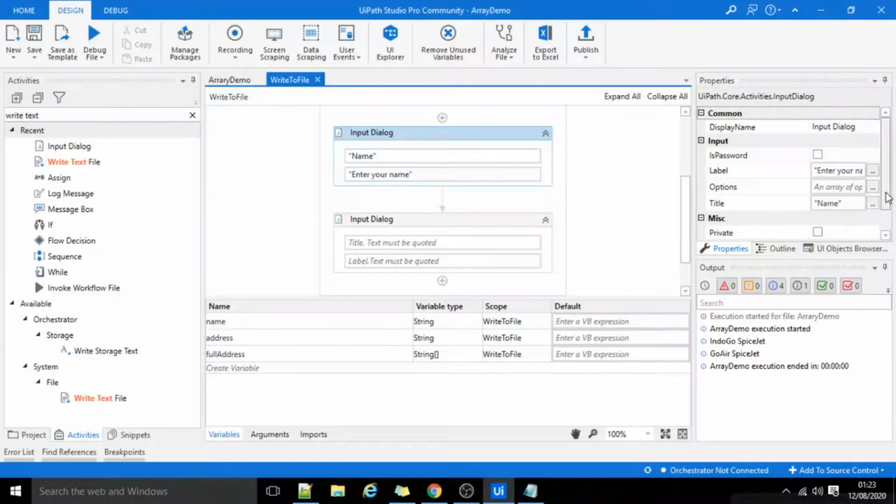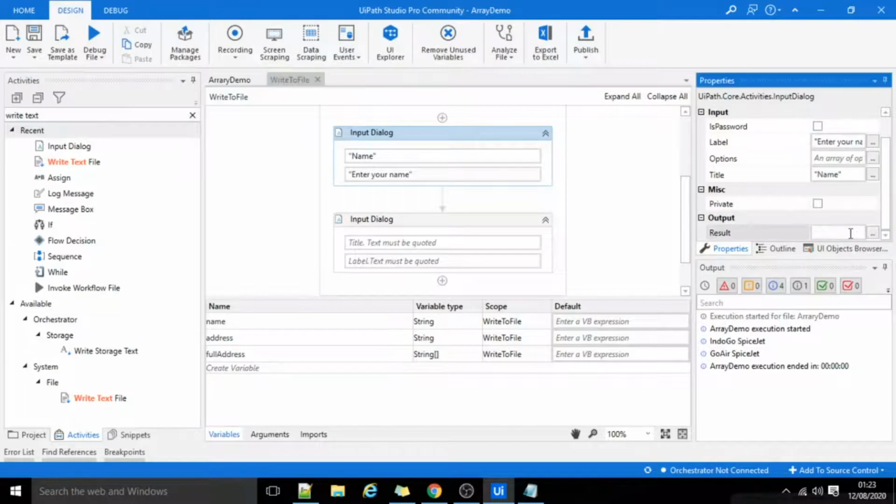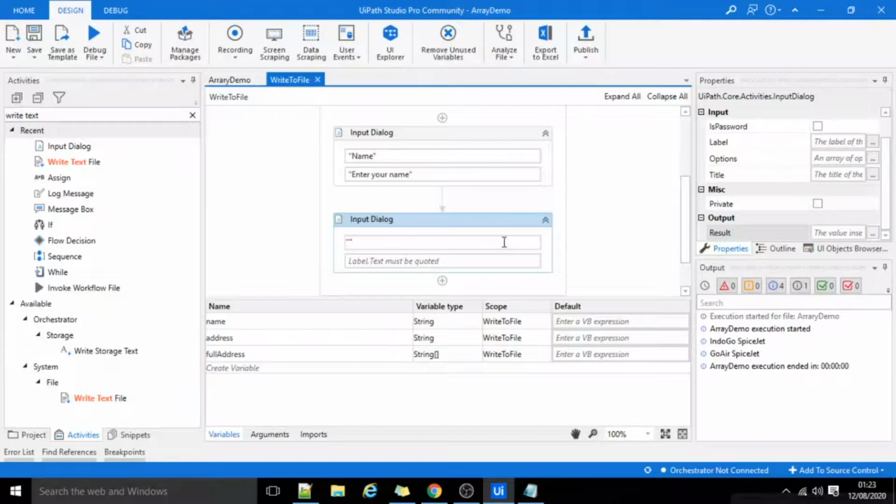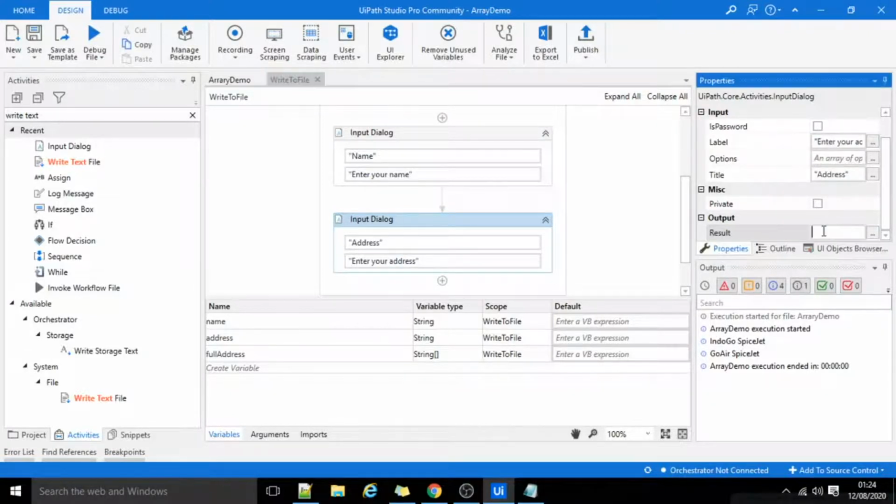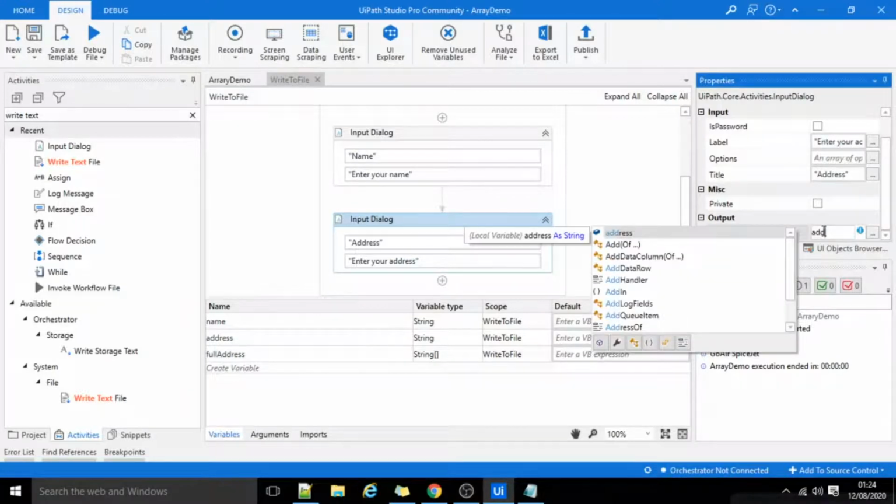I'll store this value inside variable name. In second input, I want to capture address. I'll store this value inside address variable.